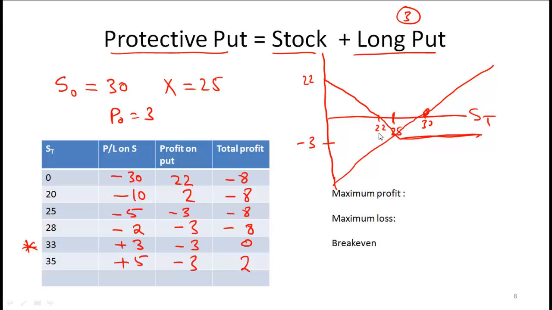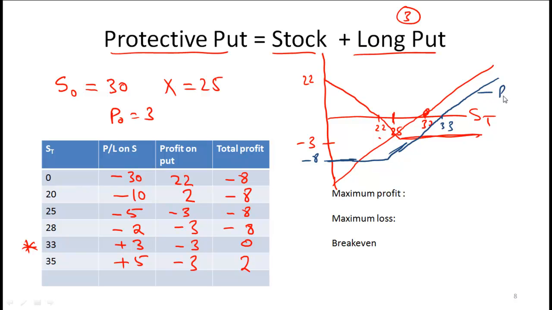And now the payoff for the protective put. When the stock price is 0, notice that our profit is minus 8. So we have a lower limit of minus 8. Our break-even point is 33. So when the stock price is 33, that's when we break even. So the way we can draw this out is as follows. So this is our payoff diagram